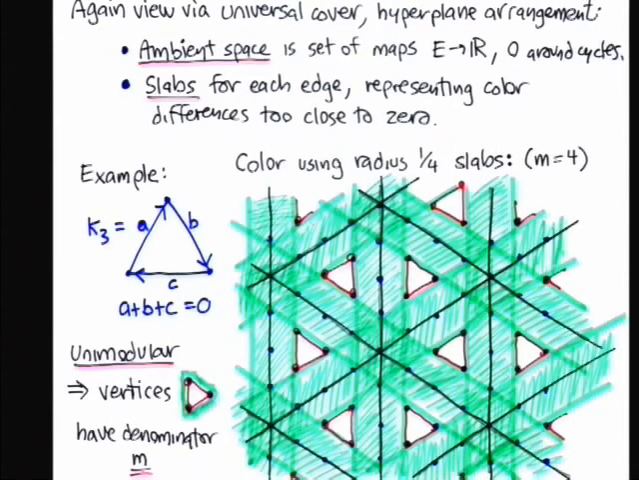So I want to go back and look at the first example. I'm using the same ambient space, which is for this triangle, I can draw it in the plane. It's the set of all real valued maps on edges which are 0 around every cycle, as in 0 around one cycle here. So actually, if you think of this in R3, this is the anti-diagonal plane in R3 that we're looking at. And then if I want to simulate four coloring using